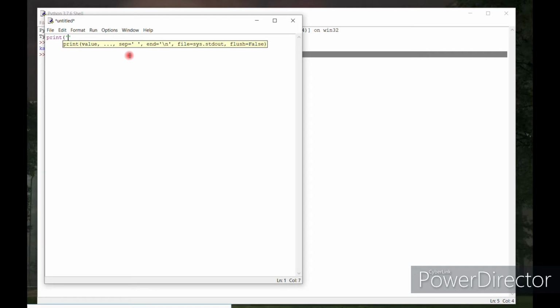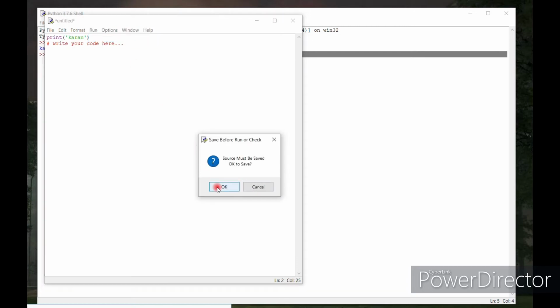For a basic tutorial, we just write print syntax. Hashtag is used for a comment in Python. Click on Run. You can press F5 as well.